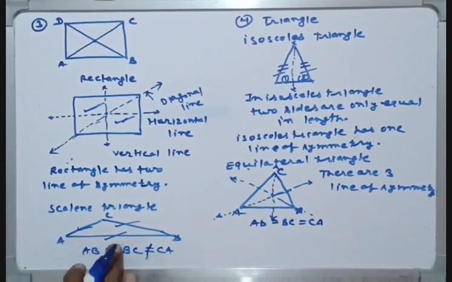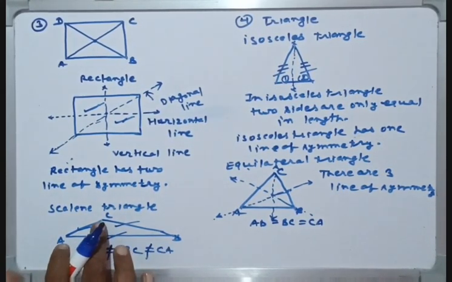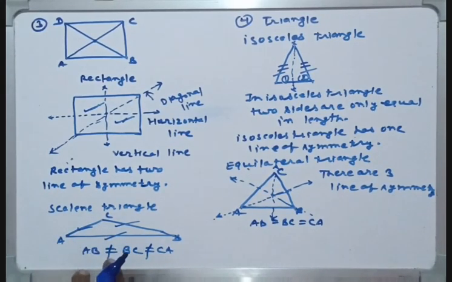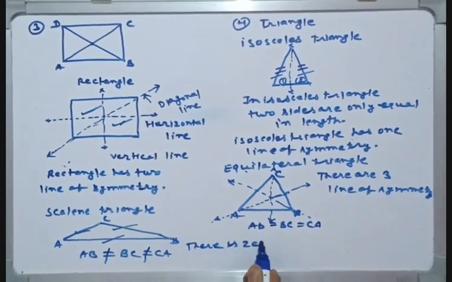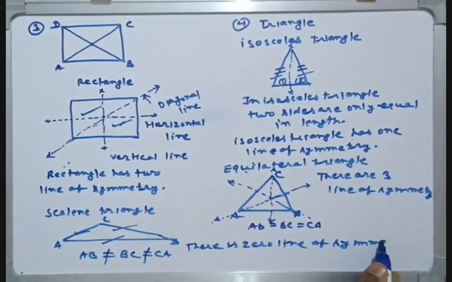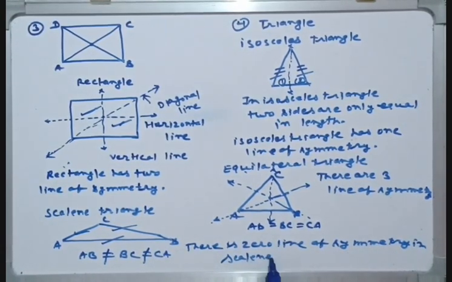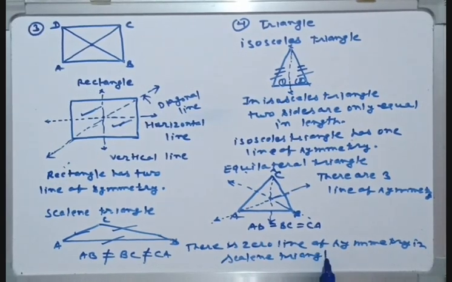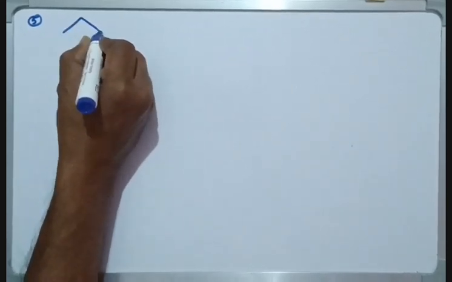No sides of this triangle are equal in length to any other side of this triangle. Okay guys, so what we conclude, there is zero line of symmetry in a scalene triangle. Okay guys, now the fifth one is a regular